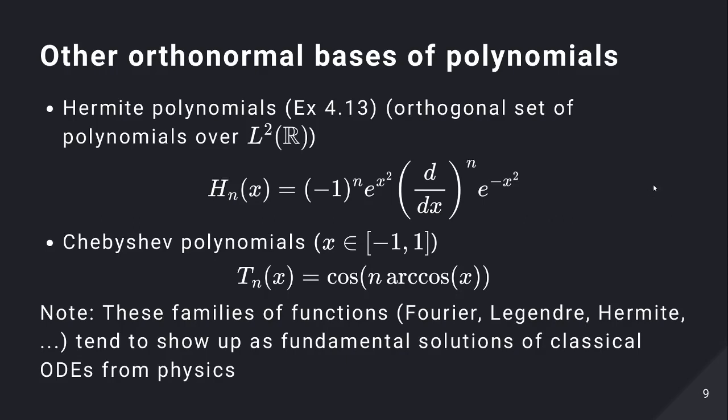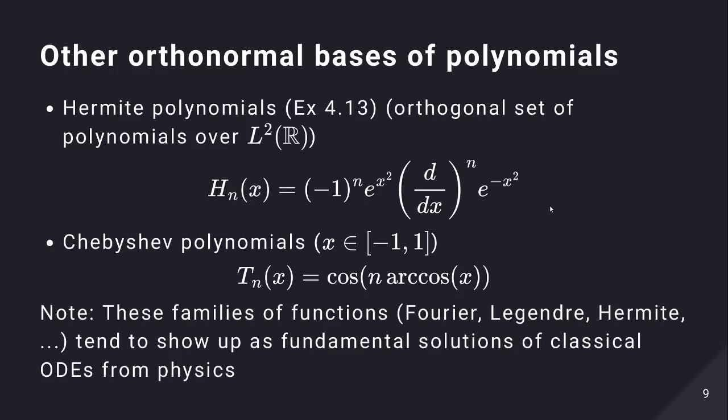So another example is the Hermite polynomials, which are featured in exercise 13, which are another way to get an orthogonal set of polynomials. Over here, it's L2 over R, instead of just the interval minus 1 to 1. And they are defined as the following, and when you look at this expression, it's pretty weird. You wouldn't expect it to be actually a polynomial, but as the exercises make you do, it is in